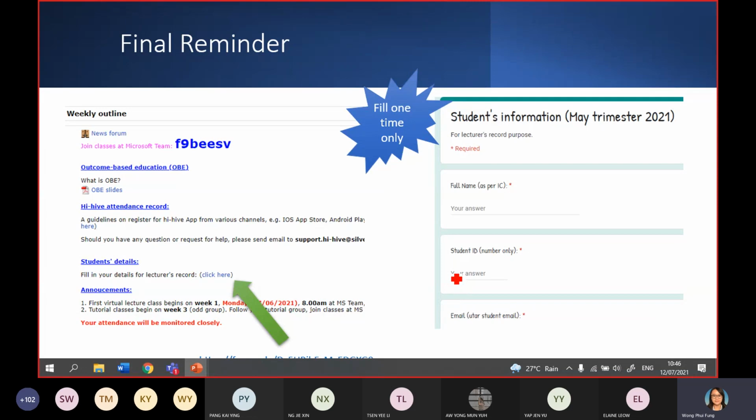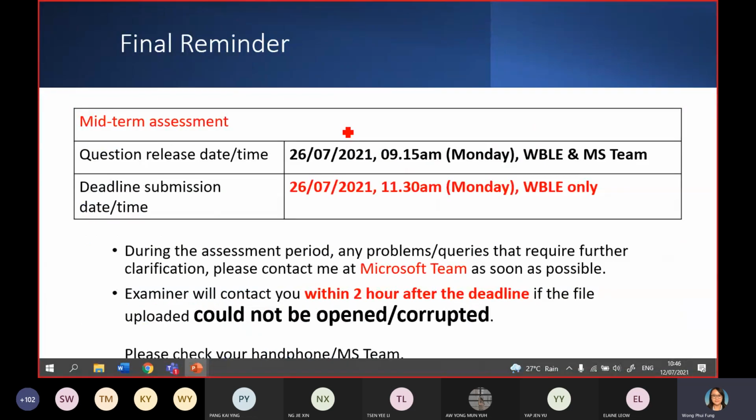Why I want your handphone number is because later on, after the assessment, I will call you if your file is corrupted, if you submitted a wrong file, if you didn't submit properly or anything. So last but not least, I hope you remember the date is 26th of July, 9:15 a.m.